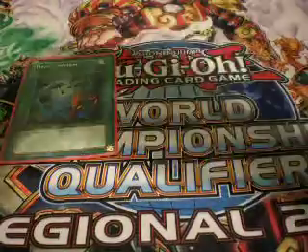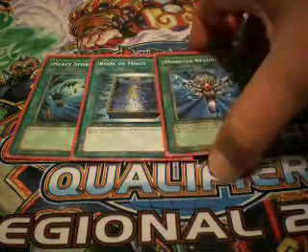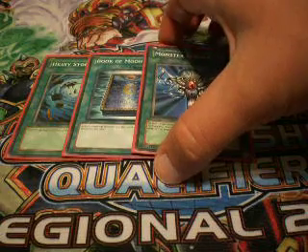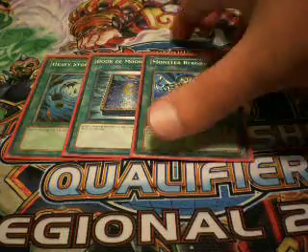1 Heavy Storm, 1 Book of Moon, 1 Monsterborn, no Dark Hole, no MSTs. I side the MSTs anyway, because I feel like I don't need them main right now. I'd rather just kind of burn through any traps that are a problem, except outside of randomly just pecking at the back row, hoping I hit something. But yeah,